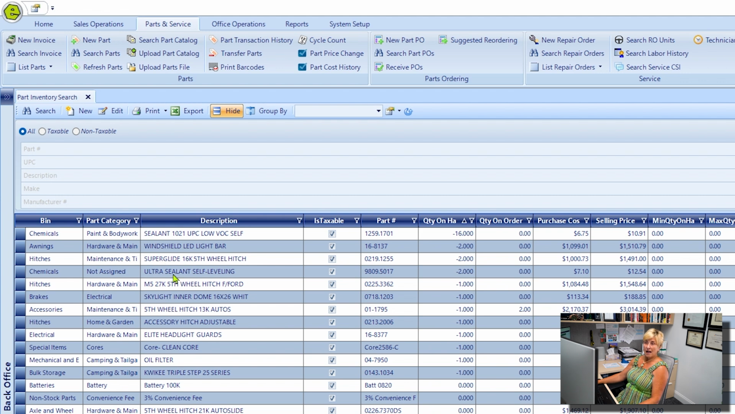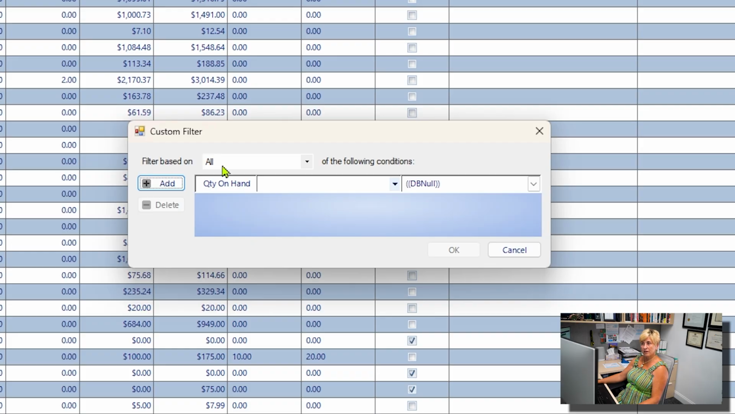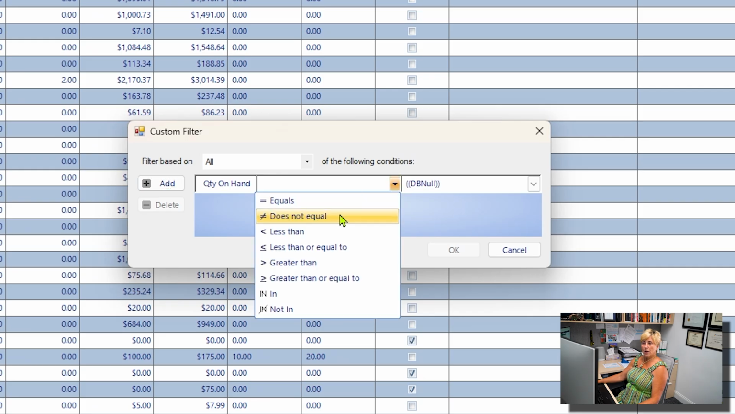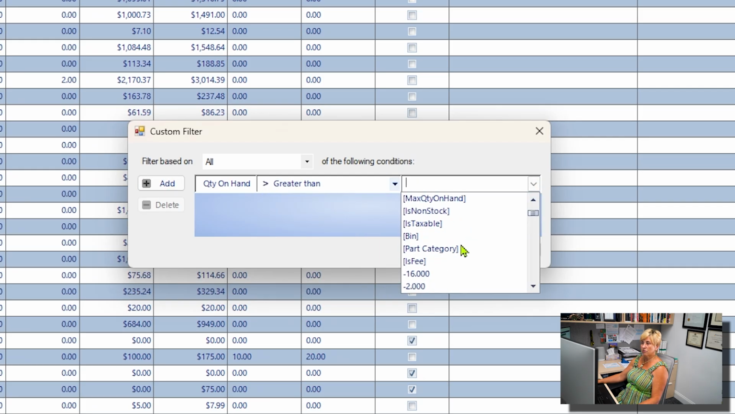I will locate the part Quantity on Hand column and click the Filter button and then select Custom. I will leave All in the Filter Based On field, and then I'm going to choose a greater than option, and I'm going to go with 1,